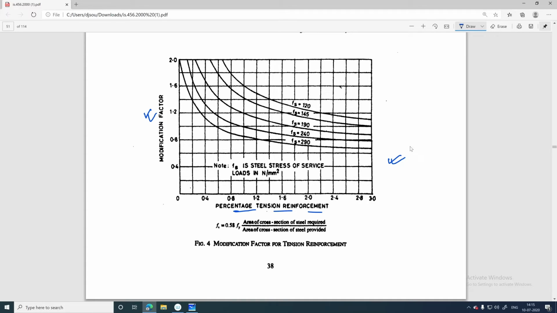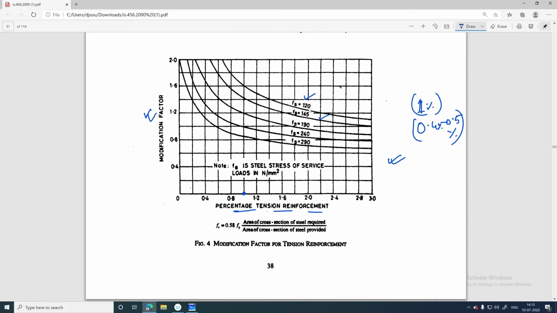Now in such problems, in case of beams we consider the percentage of steel, pt, as 1% generally. In case of slab we consider it is 0.4 to 0.5% generally when we start our problem, because it is not given, but we need to consider some percentage of steel. Then we continue and cross check whether it is stable or not. So suppose we consider 1%, so this is 1%. Now we also need to determine which curve we need to consider, because if you consider this curve you will get one value, and if you consider that curve you will get a separate value.